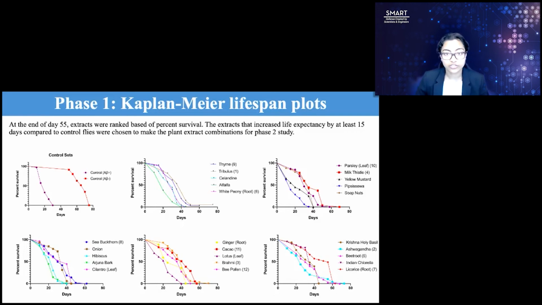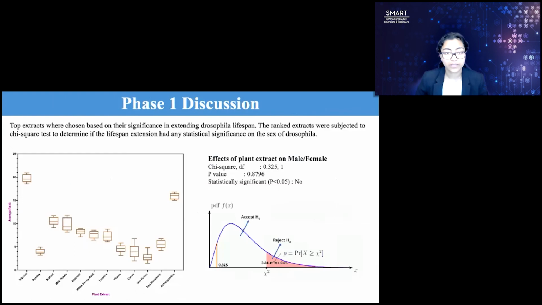The first plot shows the survival rate of the negative and positive control groups. The positive control group that has Alzheimer's shows a sharp decline from 20 days due to the disease, but the negative control completes the full lifespan of Drosophila, close to 50 days. Now, if you look at all the other plots, the extracts that have prolonged survival rates of first-generation Drosophila were ranked and then later used for the phase 2 study. All 30 extracts were ranked based on their importance to extend Drosophila lifespan, and I have chosen 12 of these extracts that had the most significant impact in phase 1.